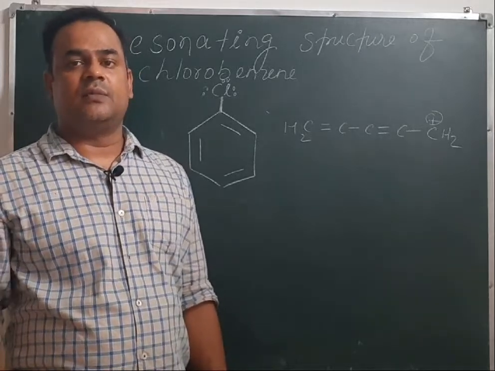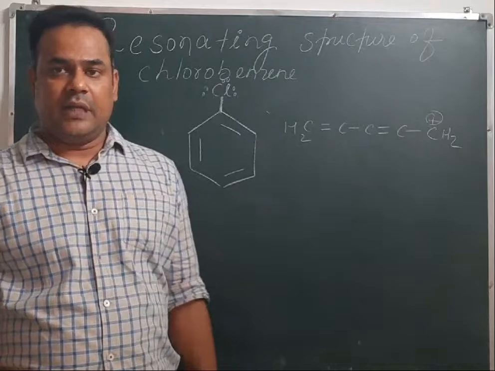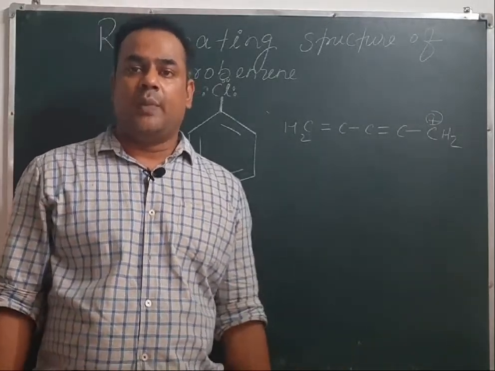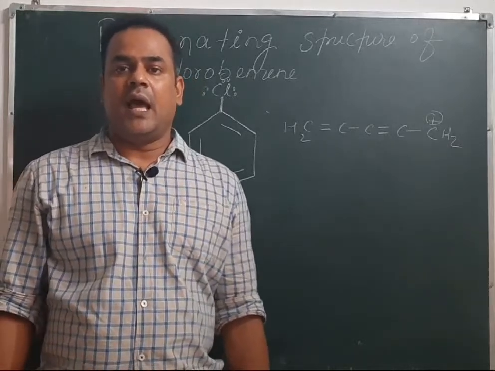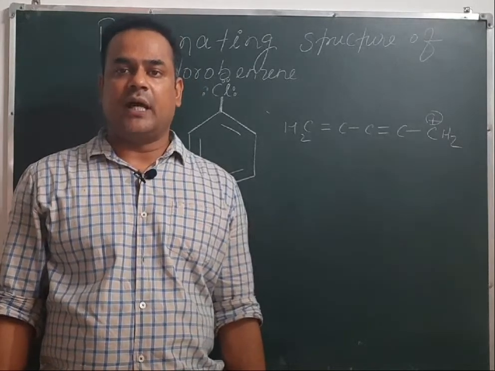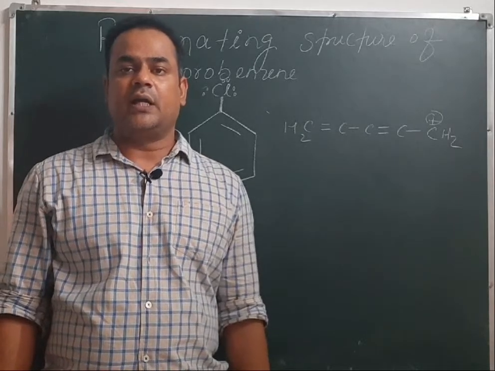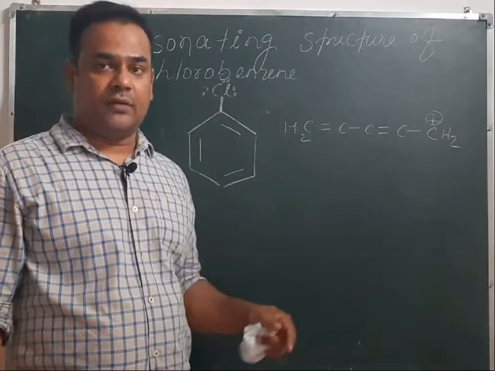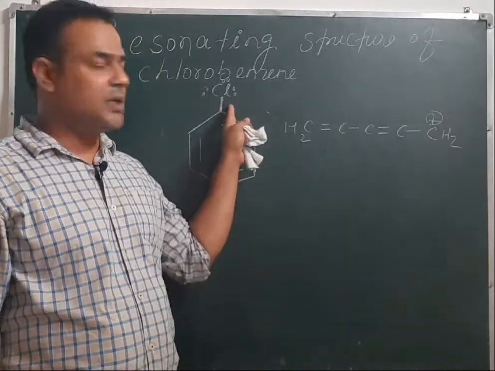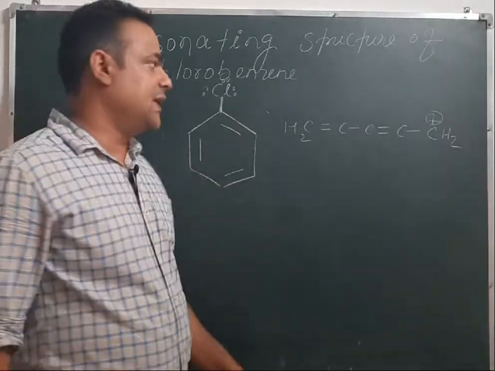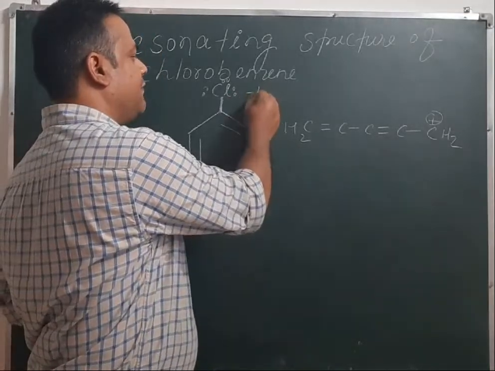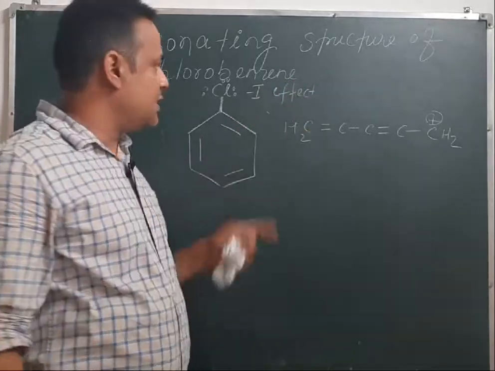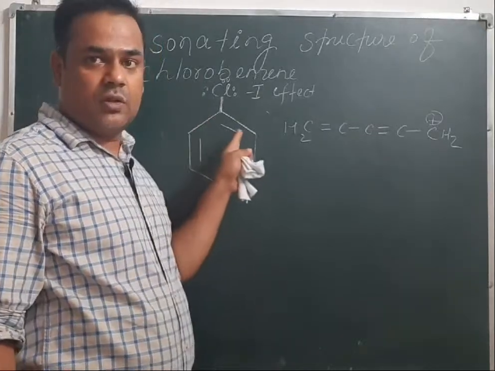We can say this in terms of a hydrocarbon chain also, that if electron pairs shift towards the hydrocarbon chain, then it is called plus I effect or positive inductive effect, and if this electron pair shifts away from the hydrocarbon chain, then it is called negative inductive effect. So here chlorine is showing two effects. One effect is inductive effect due to the higher electronegativity of the chlorine atom. So we can see that here chlorine is showing -I effect also. Here -I means negative inductive effect, and similarly it is showing resonance also.